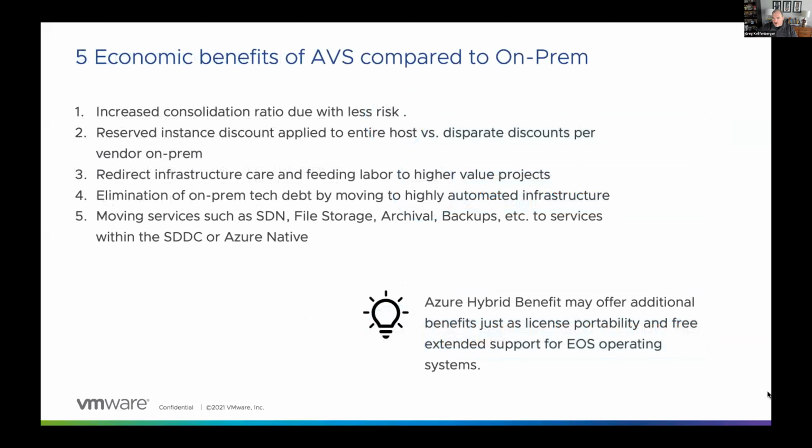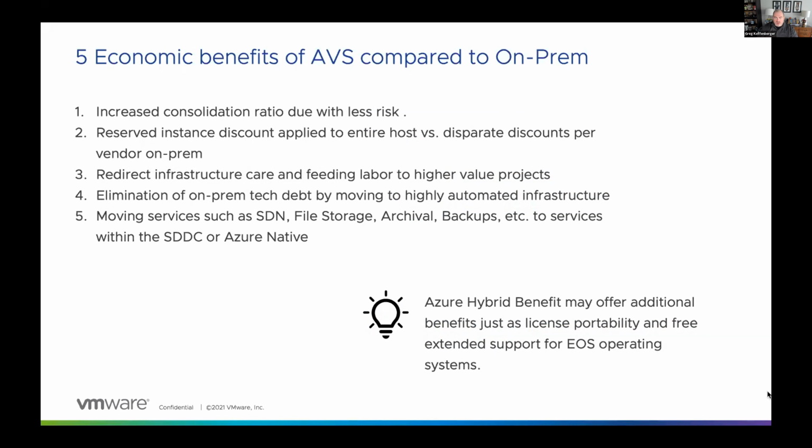Now I'm just going to summarize it up so we can move on to the native comparison. But the big five movers when you're comparing AVS to on-prem is the consolidation that we talked about. The reserved instance discount is pretty significant because there's only one SKU. And we've looked at this with procurement teams. And what we find is that when you take, let's say, 100 hosts and you look at a 54% discount